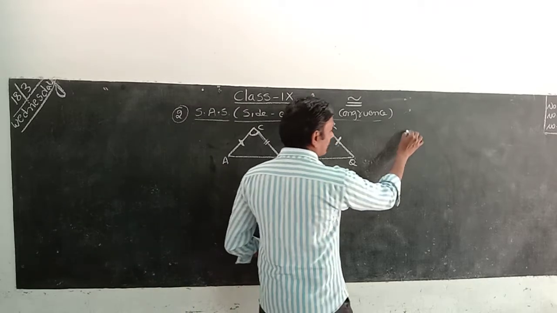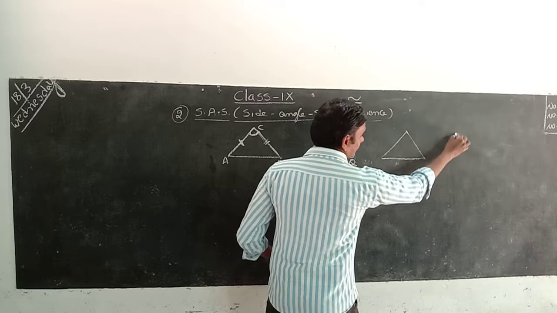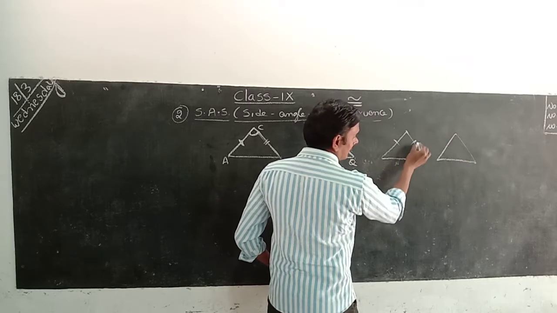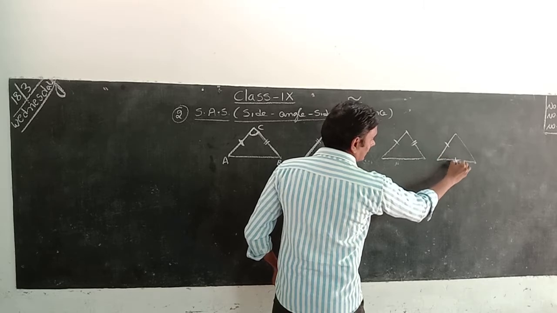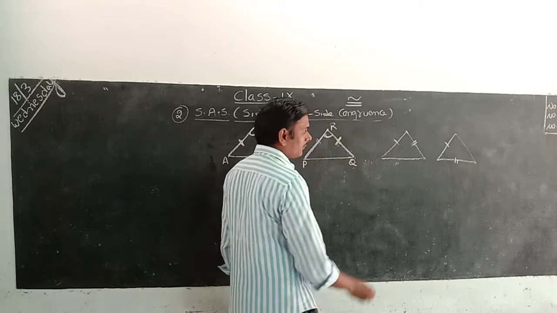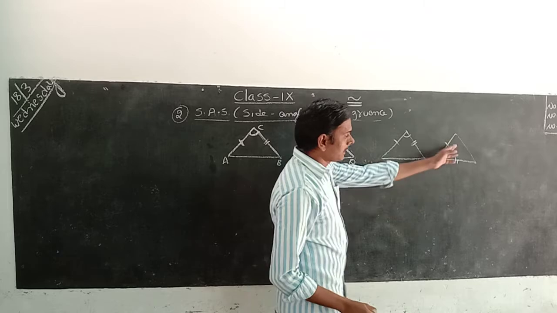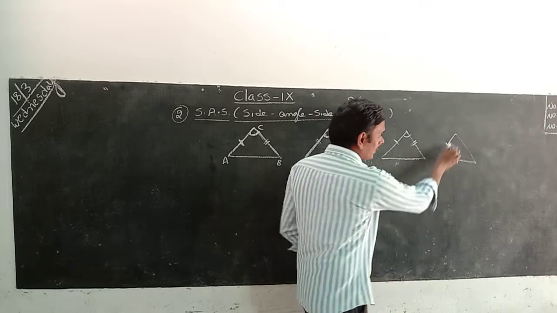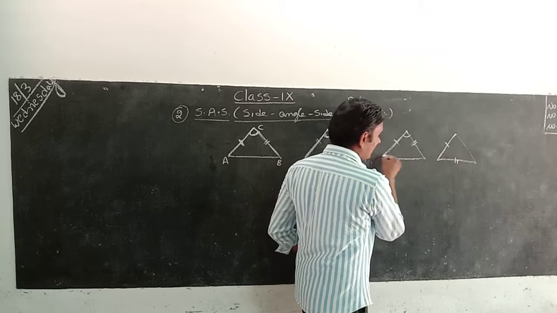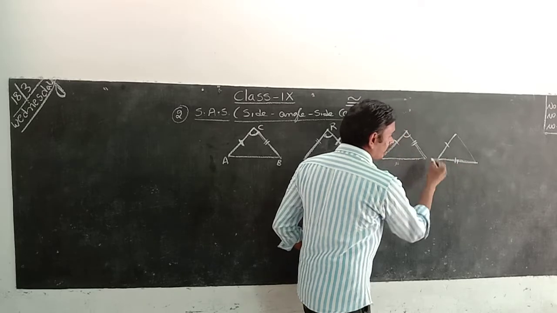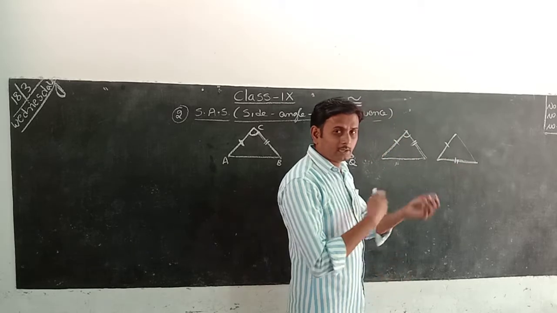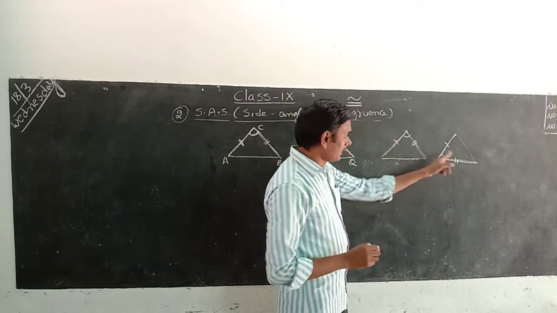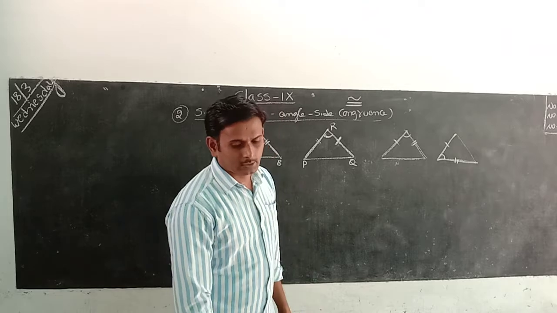If you choose another type of triangle like this, these two sides are equal. Which is the included angle for this triangle? Is this the included angle? No, because this side and this side are equal, and this is the side we are comparing. We have to choose the angle related to those sides. This is the included angle. At that time we have to change the face of the angle.